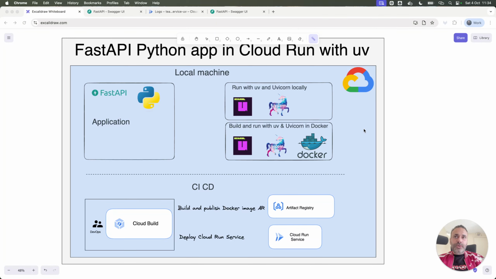Hi everyone, today I'm going to present a use case that shows how to create a FastAPI Python module with UV. I presented the same use case in a previous video that showed how to create a FastAPI application from a Python module, but I used pip as a package manager previously, and pip is interesting and usual in the Python ecosystem, but